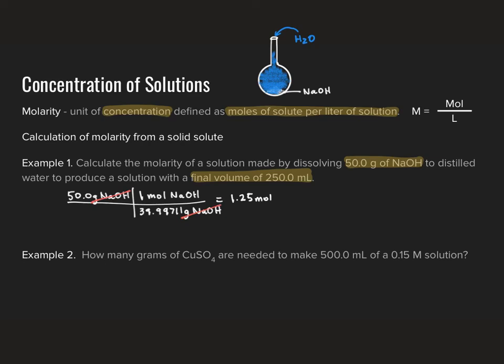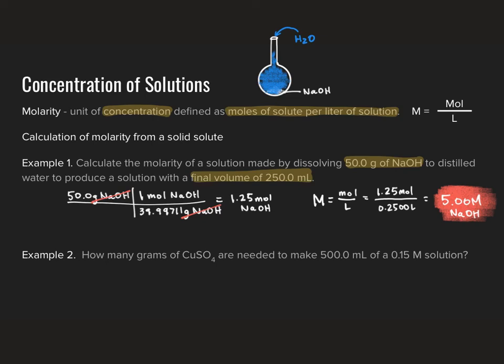dissolved. And then all I need to do then is to use my definition of molarity. I've got 1.25 moles of sodium hydroxide divided by my volume of solution in liters. I just need to convert 250 milliliters into liters, which is 0.2500 liters. Making my quick calculation there gives me 5.00 moles per liter, or a 5.00 molar solution of NaOH. So again, real quick way of calculating molarity of a solution made by dissolving a solid solute to form a